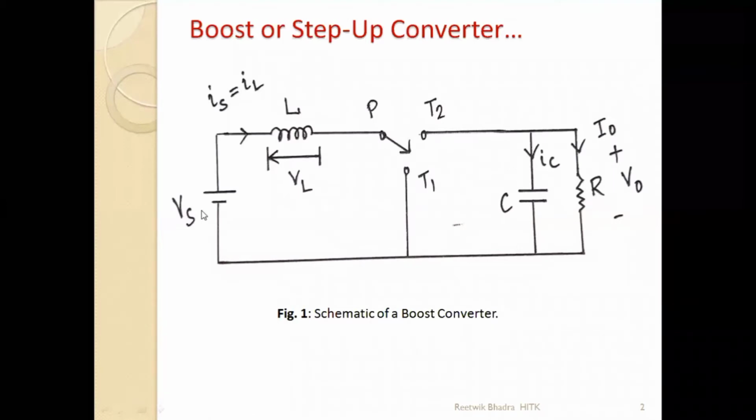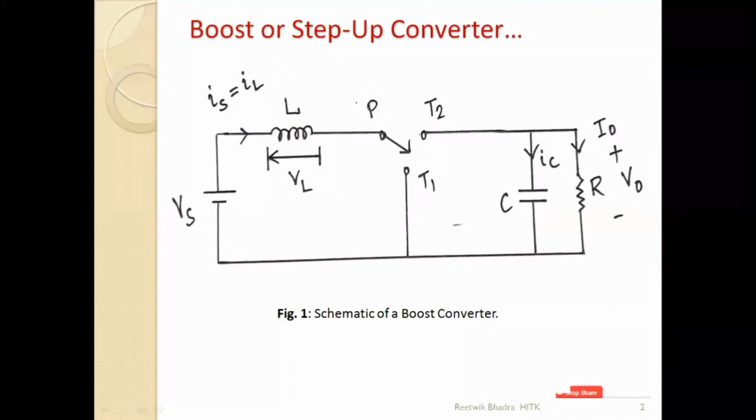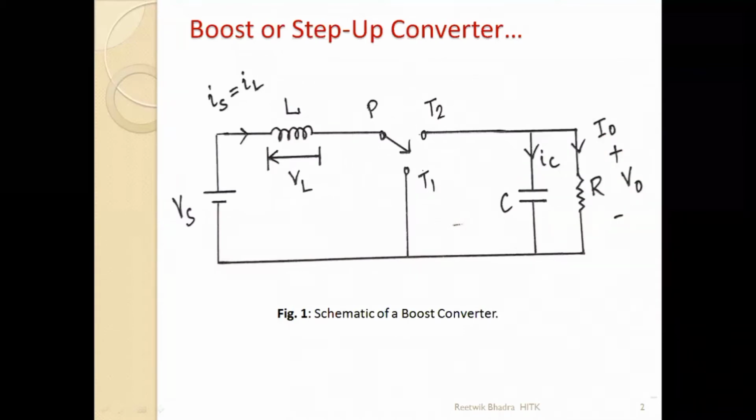So what will be my first component? DC source. There will be an inductor. There will be a single pole double throw switch like this. There will be a capacitor. There will be a load. All points are common. So this is a basic circuit of a buck boost converter. You don't need to draw this in exam. You have to replace this PT1 or PT2 by MOSFET, BJT or diode, and then draw that circuit. For your explanation, I have drawn this for you because I am starting from the basic thing.